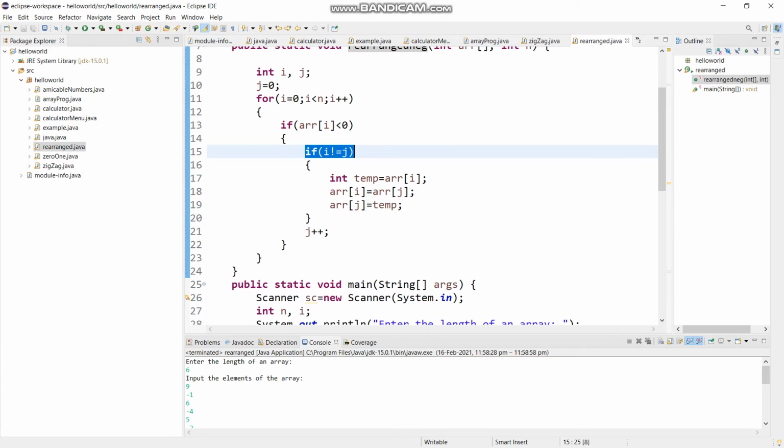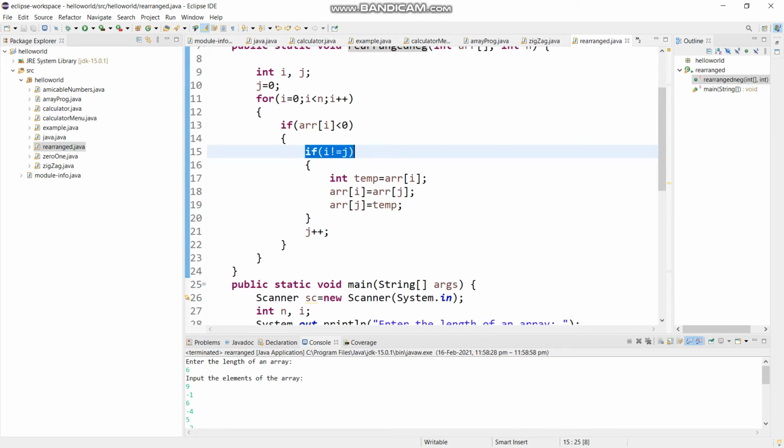Then I'm saying that this temp, which is a bucket variable, will hold the value of array i. Then array i will hold the value of array j, and then array j will hold the value of temp again. So the places of these variables have been swapped using this logic.